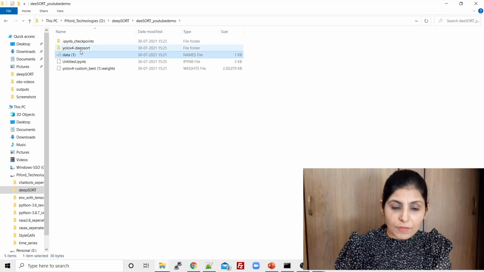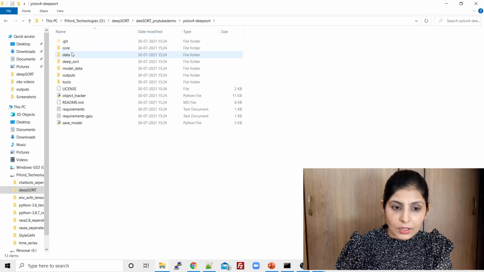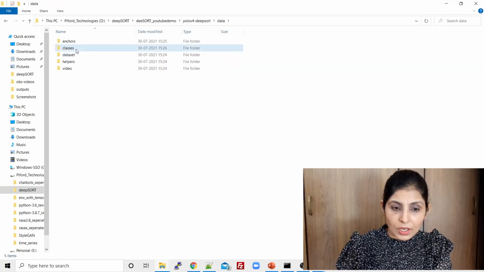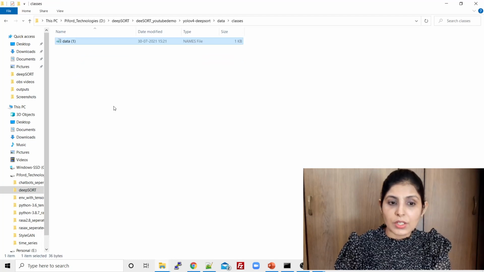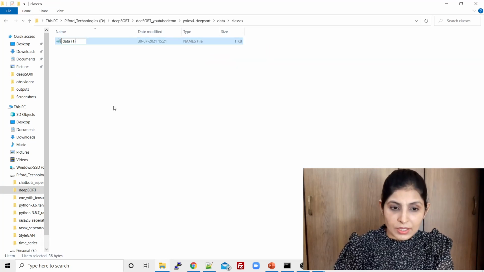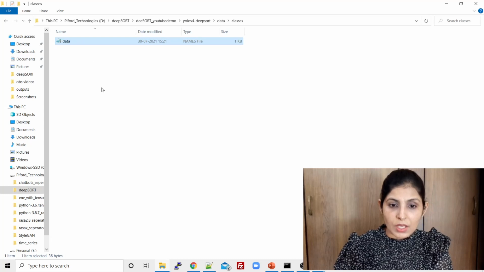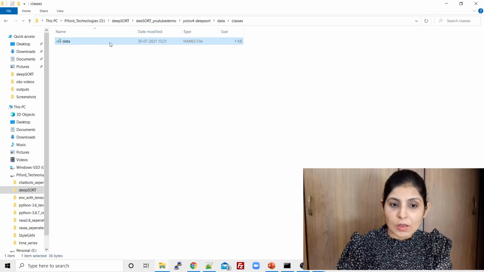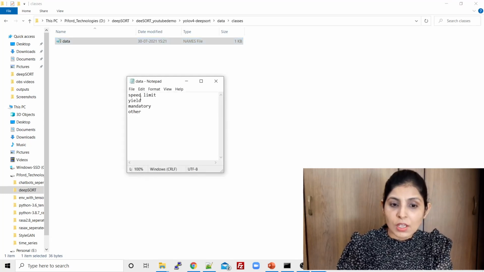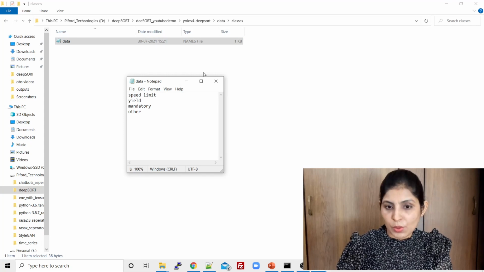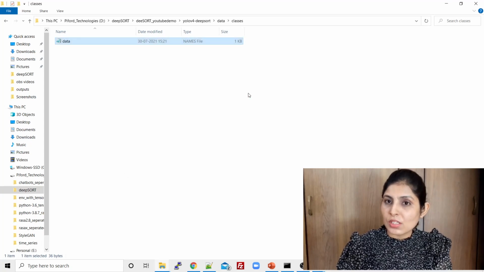Cut this file from here and put it under classes, right? You can rename it whatever you want to give the name. So my file name is data.names, and when you open this data.names, these are my class names over here. So under classes, this is what we want.